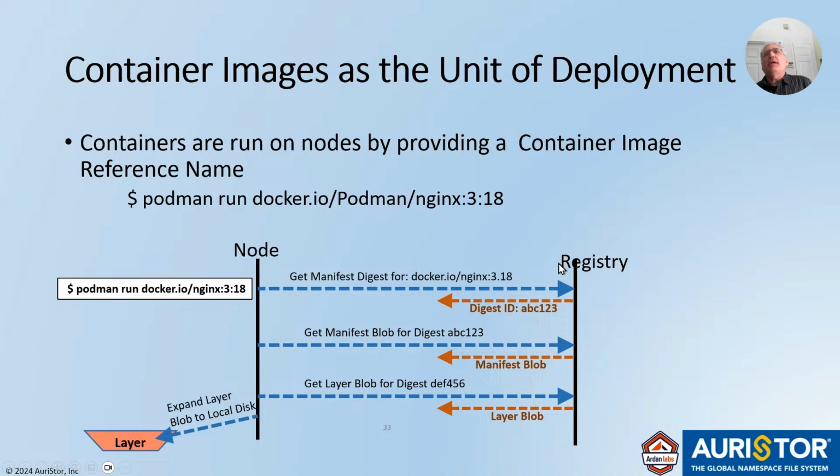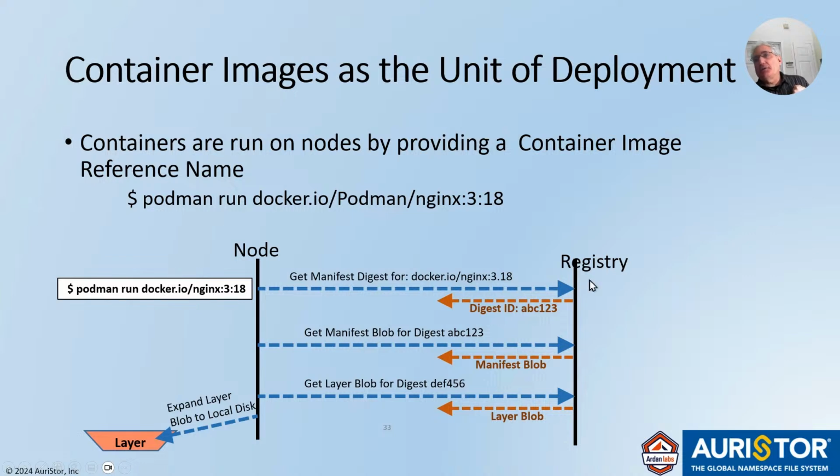I'm sorry, I left out an important point. Container registries are really object stores. Everything is actually an object store. Your local file system is really an object store. Once it's done the name resolution from the path, internally your file system does everything with an object store, not with a name. An object store is just a server where you give it an ID and it gives you the data corresponding to that ID. So in the container registry, when you want to pull an image or run an image, it first goes to the registry and says, this is the name of the image that I'm looking for, and it gives back the object ID, the digest ID of that manifest.